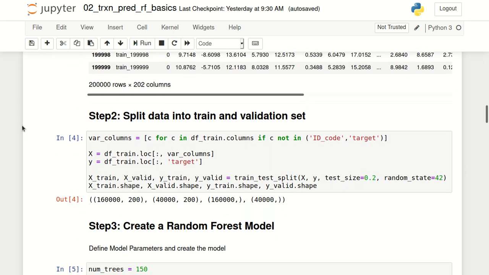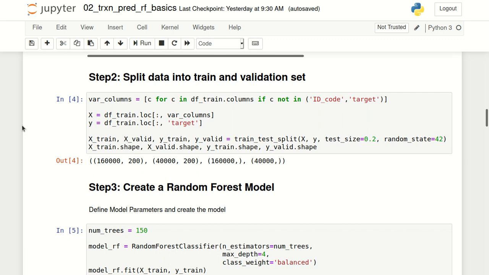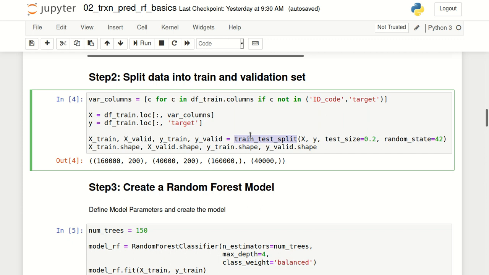Okay, the next logical step is to split our train.csv data into the actual training dataset and the validation dataset. For this, we can use the train_test_split function, which is provided by scikit-learn. We have to provide what is the random sample that we need to keep for validation, so we have provided that number as 0.2.